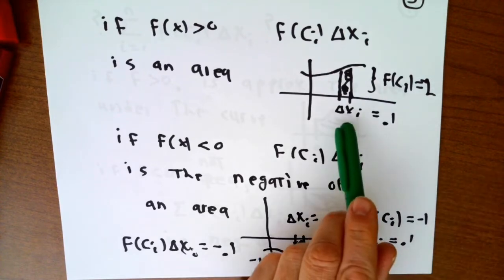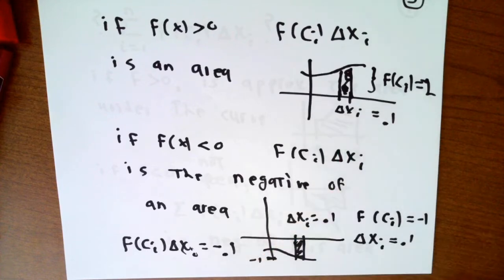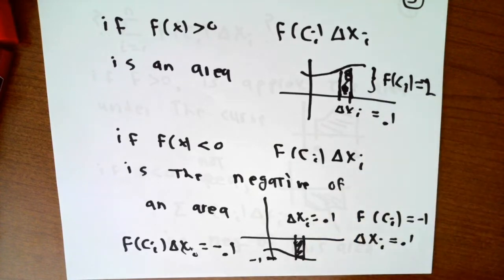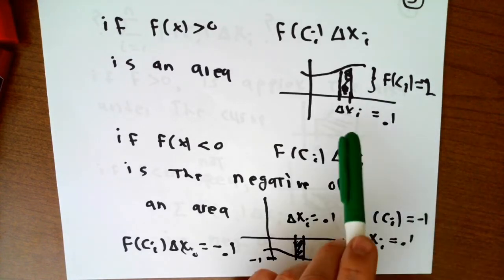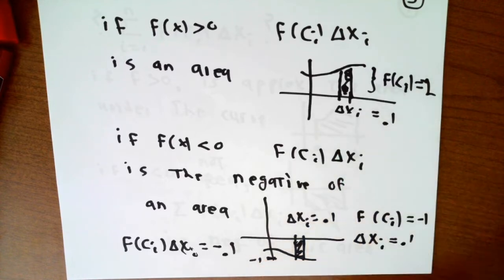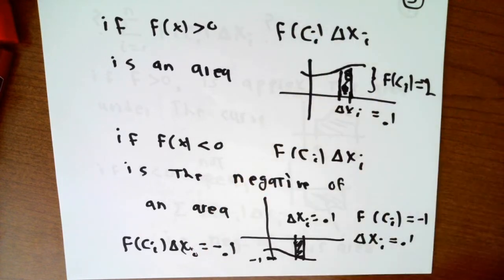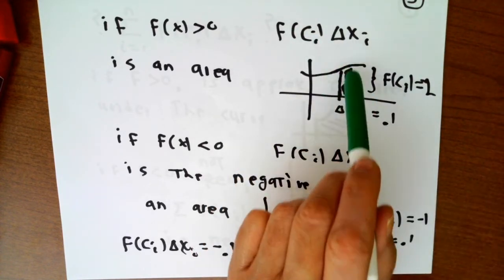The delta xi is the horizontal extent of the rectangle. If the function is positive, for example, I could pick a ci so that the function value was 2, and if delta xi was 0.1, the product f(ci) delta xi will be a positive number and will be approximately the